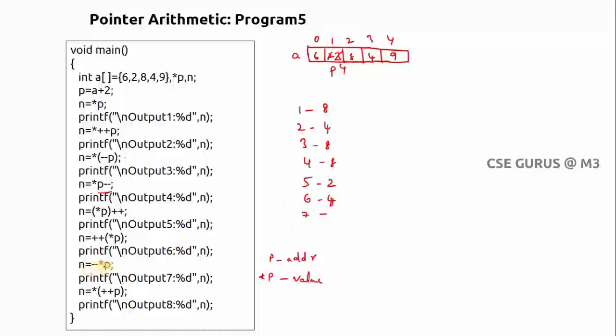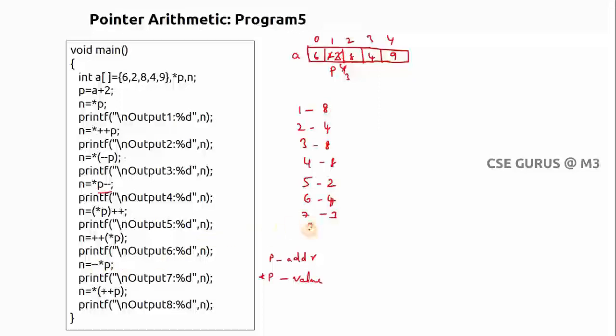Now coming to output 7. --*p. Of course there are no braces, but only one operator is adjacent. What is that? The pointer. So *p. What is *p? What is the value inside? 4. So now decrement the entire thing. So that is 4. So decrementing 4, it will become 3. So now the n value, that is the pointer value, will be 3. Now the n value is also 3. Here you can clearly observe, no braces are there, but you can see *p combinedly you have to consider. Why? Because only the asterisk is adjacent. Minus is not adjacent to p.